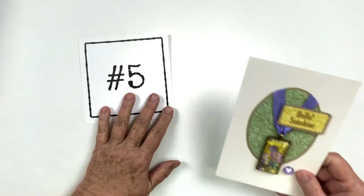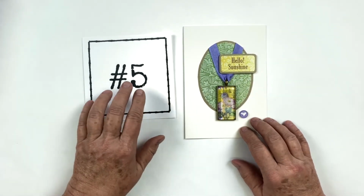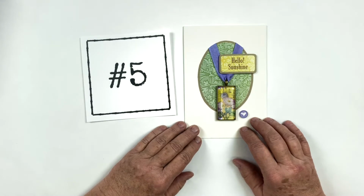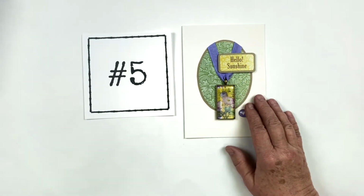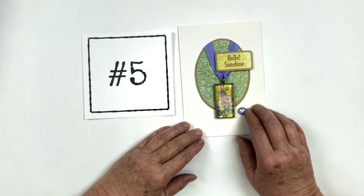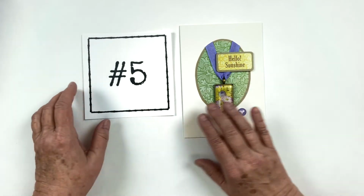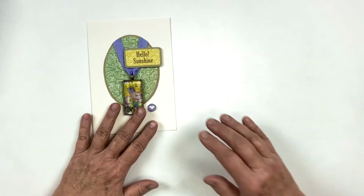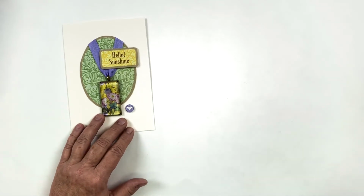Okay, so now we're going to do the last card in this little group here, number 5, and it's so cute. Hello, sunshine. You know, what couldn't be cuter? And with this pendant here, and with our sunflower theme and our purple. So let's get started. So the first thing we're going to do is we are going to grab our images,